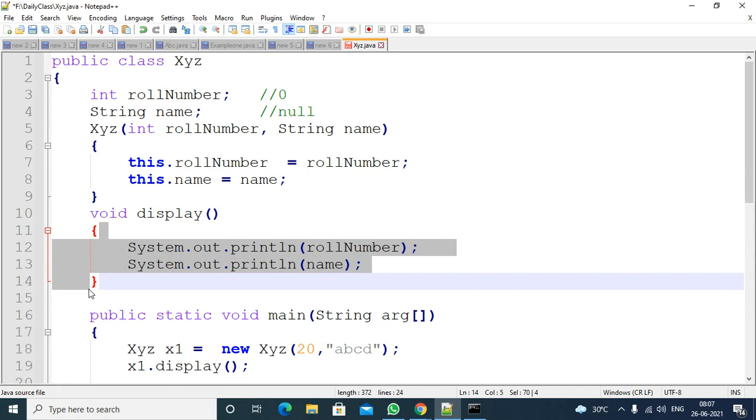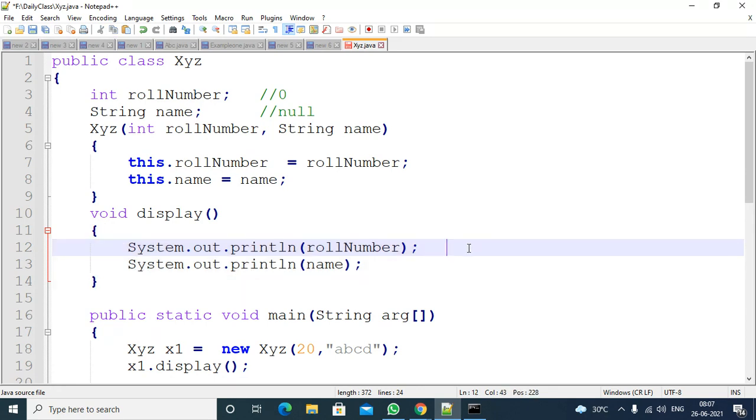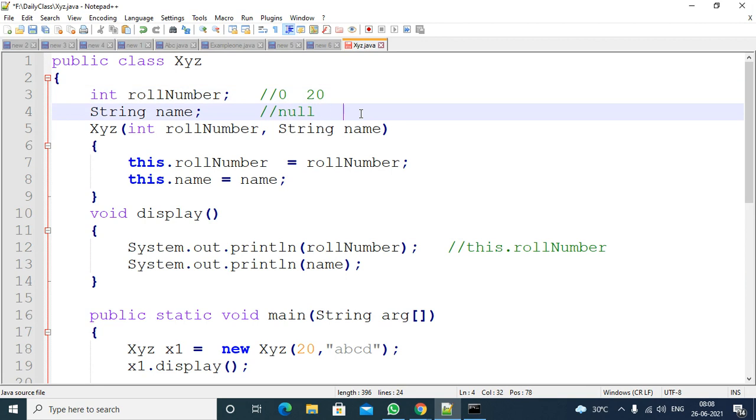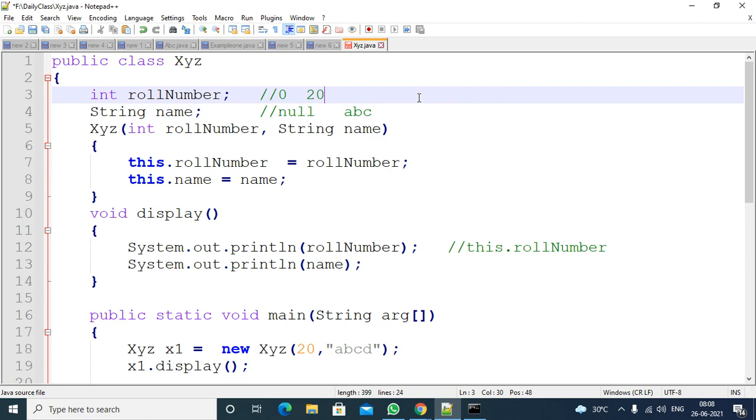If there is a local variable, it will print the local variable value. If there is no local variable, it will apply this.rollNumber, so the instance variable value will be printed. The instance variable value that was 0 is updated with 20 and ABC, so you will get 20 here and ABC here.